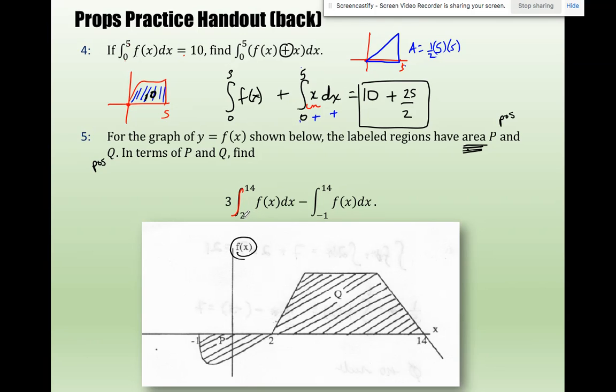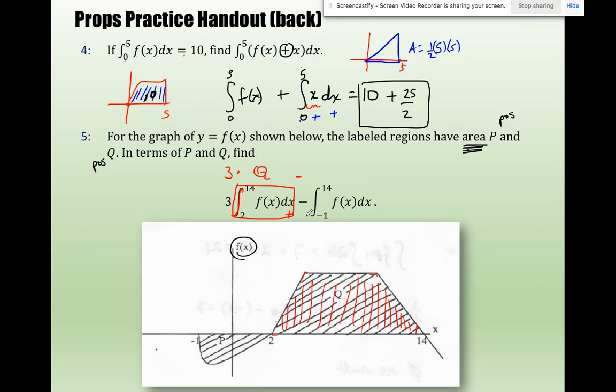So what is the integral going from 2 to 14? Dx is positive, right? 2 to 14. Function is positive. Notice that function has a corner. I don't care. I care about that for differentiation. I don't care for drawing rectangles and adding up their areas. They told us what that area is. What is it? Well, they didn't give me a number, but what is it? Q, right? So this whole piece is positive Q multiplied by 3 minus,